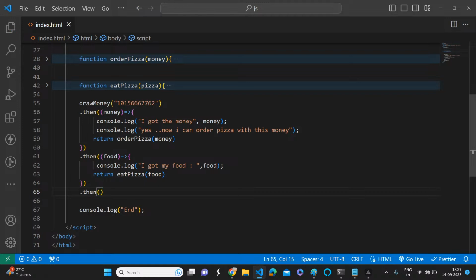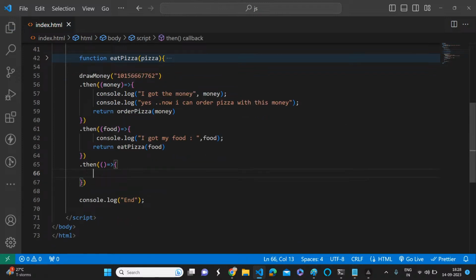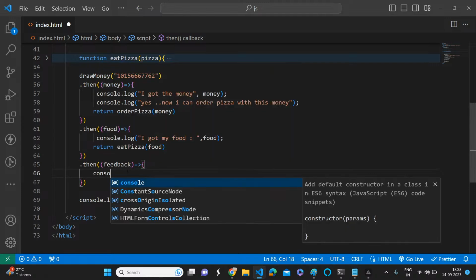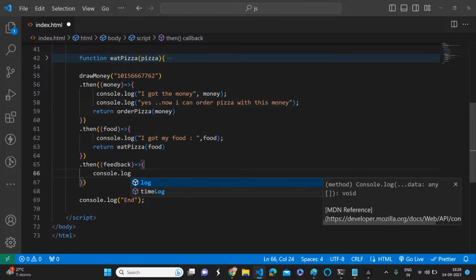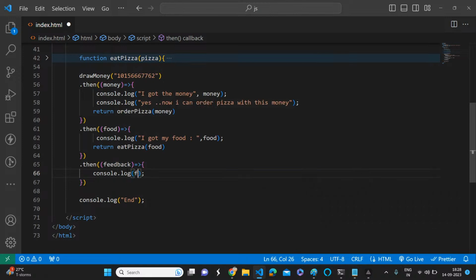Now you got the feedback, right? Once you got the food and eat it properly, you will get feedback. Whatever you like, you can do it. Here I'm saying feedback, because after having that food you should give us some feedback. Let's see the result. Final result console.log, let's see what feedback you got. Yes or no?